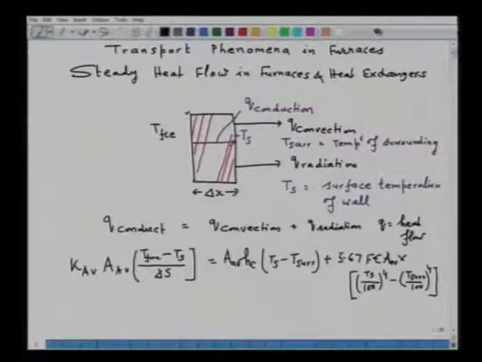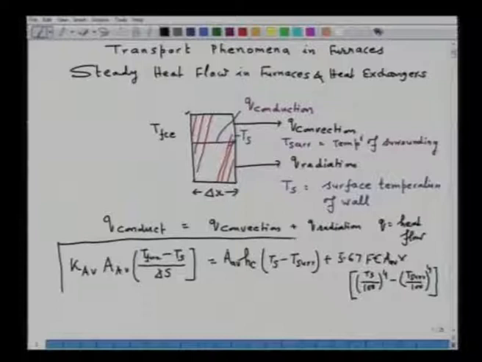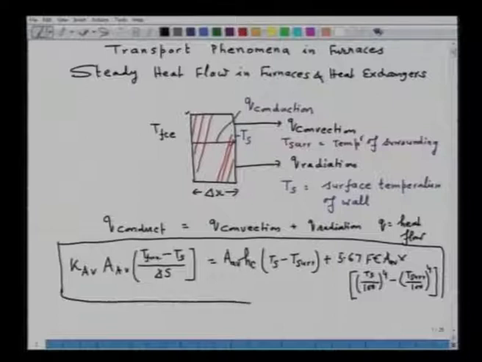So you can see this is the heat transfer equation, or rather the heat flow path from the combustion chamber of the furnace to the surrounding. That means, utilizing this expression, one can calculate, depending upon the parameters given, how much heat is being lost when the furnace temperature is, for example, T furnace, or one can also calculate what is the temperature of the wall of the furnace. Of course, it depends upon what variables are given to us.